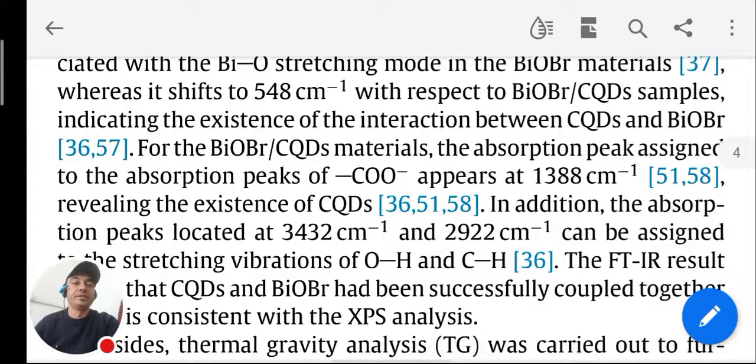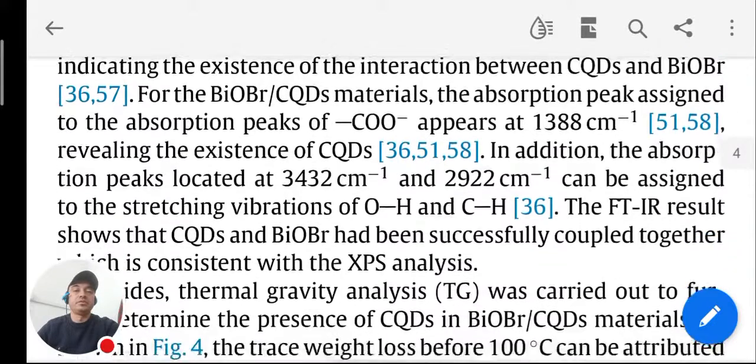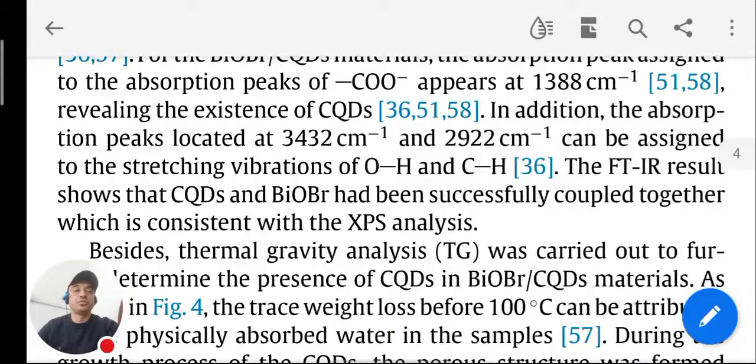In the BiOBr carbon quantum dots material, absorption peaks assigned to C double bond O minus appear at 1388 per centimeter, revealing the existence of carbon quantum dots, in addition to the absorption peaks located at 3432 per centimeter and 2922 per centimeter, which can be assigned to the stretching vibration of oxygen-hydrogen and carbon-hydrogen bonds. FTIR results show the carbon quantum dots and BiOBr had been successfully coupled together, consistent with XPS